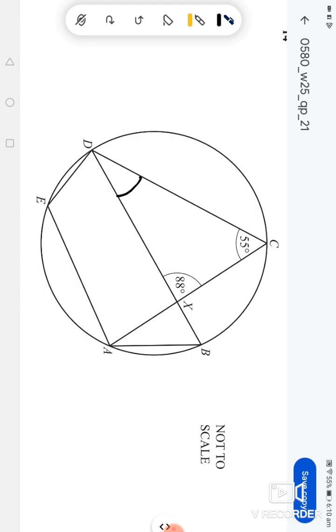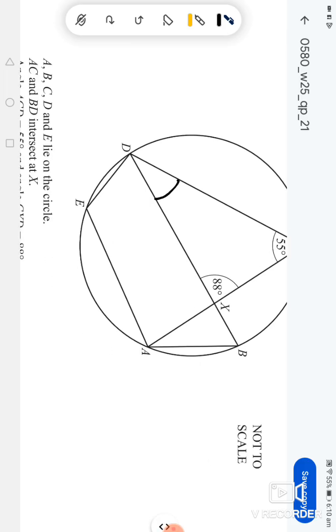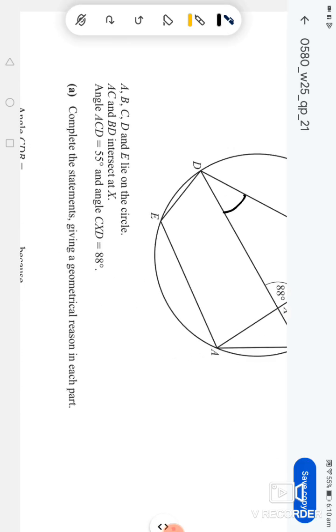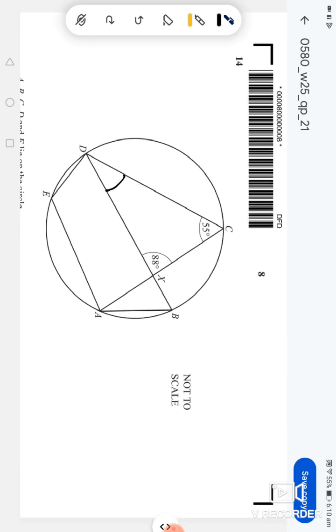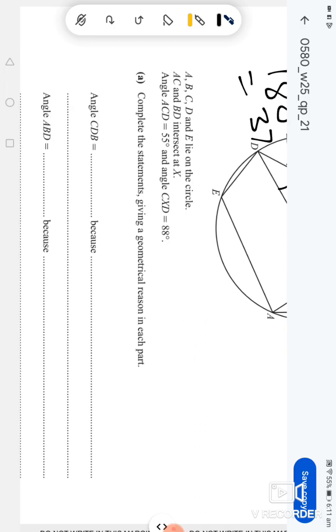So this angle is simple. This is the triangle, the sum of the angles of a triangle equal to 180. So 55 and 88, we can write 180 minus 143 equal 37. So this angle is 37